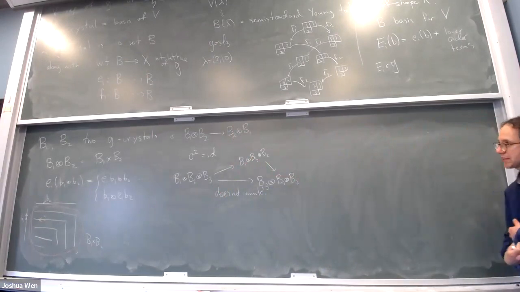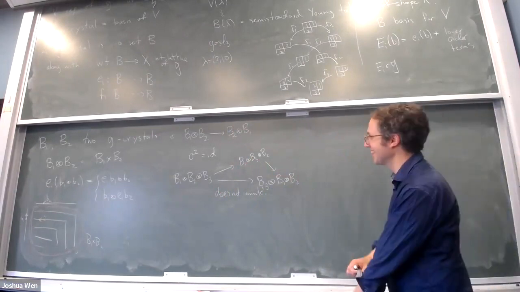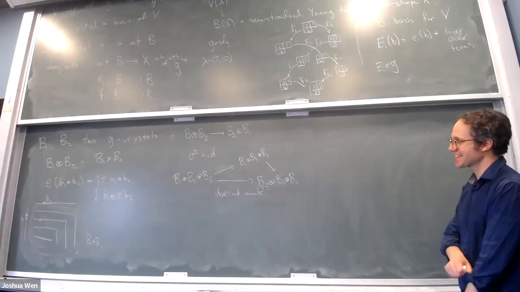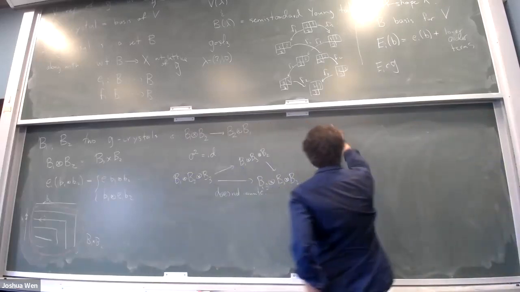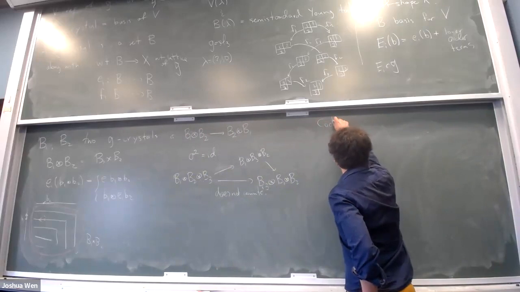So because of that, you get an action of a very interesting group. I think it's interesting on such tensor products. So this is the cactus group. So the cactus group